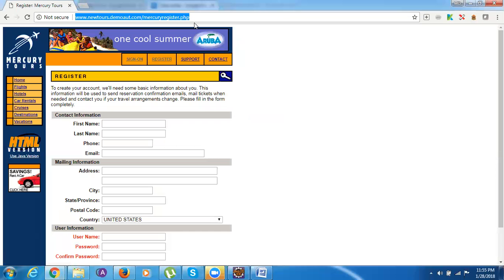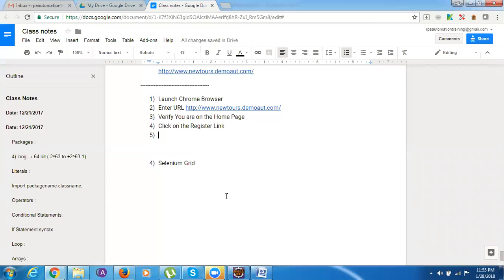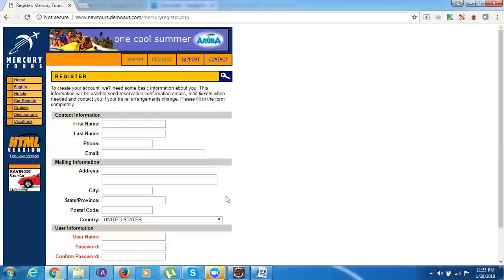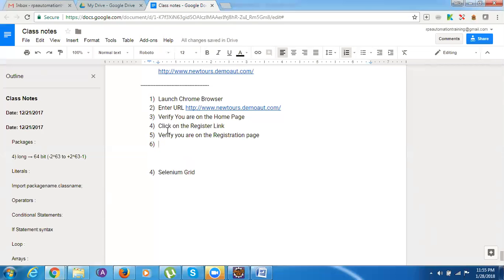And then you need to verify you are on the registration page. After clicking, verify you are on the registration page. Then enter